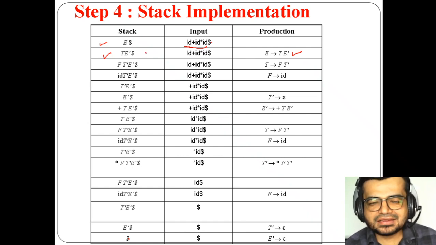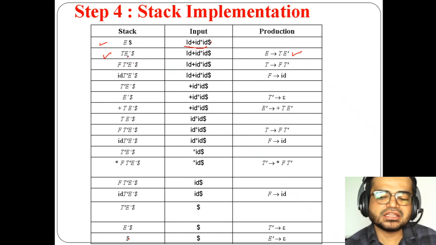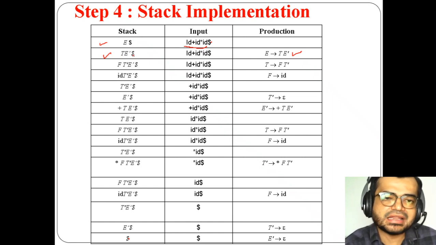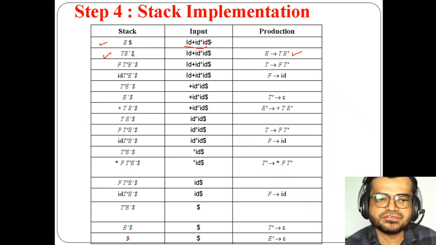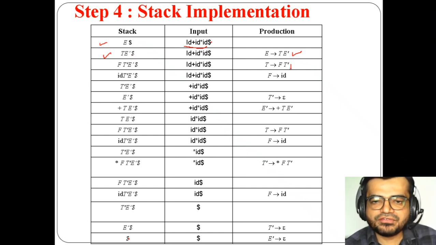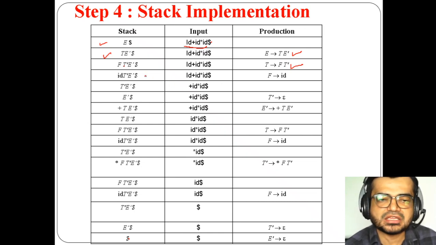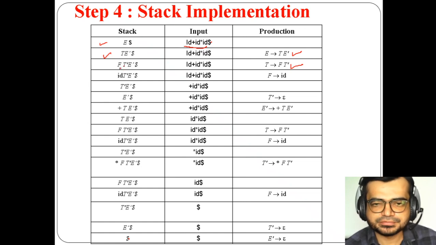Now, next is the first symbol, because you are always looking from the left side. What is the first symbol? T. For T, which production is there? You have to take T goes to FT dash. So here you have taken FT dash, E dash, and dollar. Again, the rest will be as it is. The production is very important, because with the help of the production you are taking, you make the changes on the stack. That is most important here.